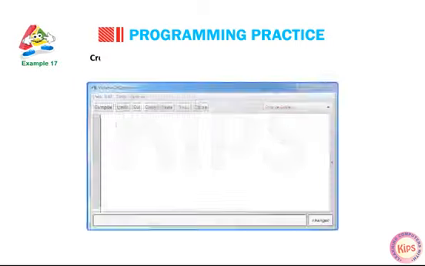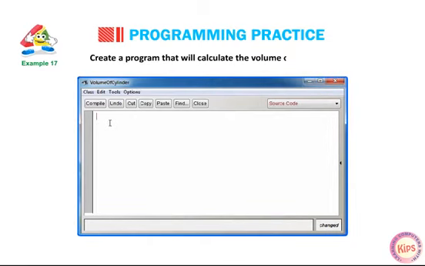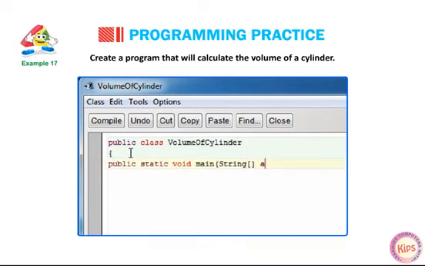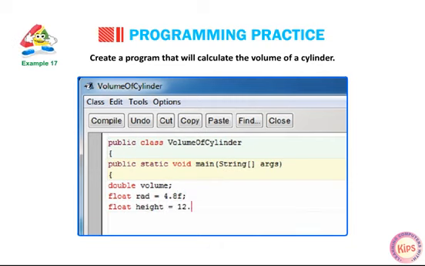Example 17. Create a program that will calculate the volume of a cylinder. public class VolumeOfCylinder { public static void main(String[] args) { double volume; float radius = 4.8f; float height = 12.8f; volume = 3.14 * radius * height;